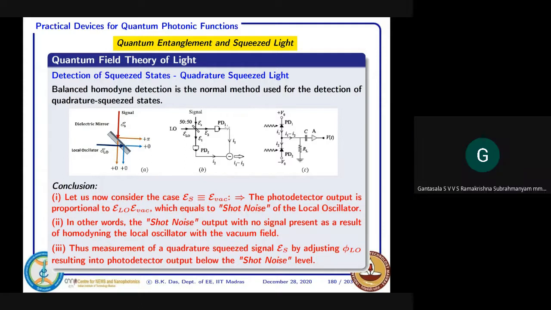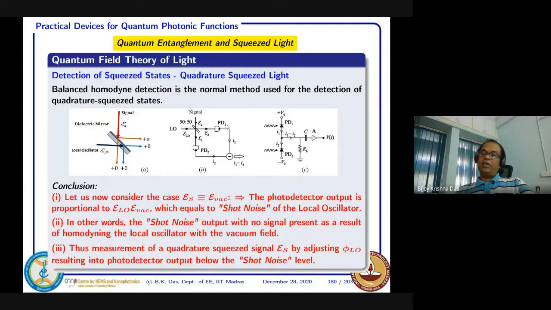Yes, sir. But if anything comes out of your laser as shot noise, for example, Poissonian statistics is there. So in that case, you will be getting some kind of shot noise, which is basically stochastic, and the Poissonian distribution will be there. And that will be uncorrelated, and that will be appearing.